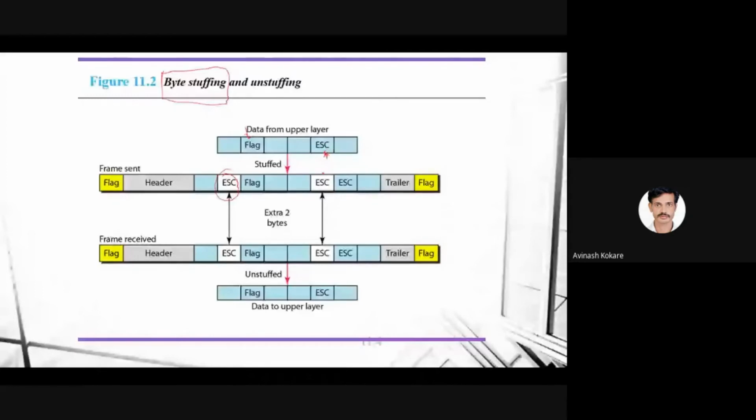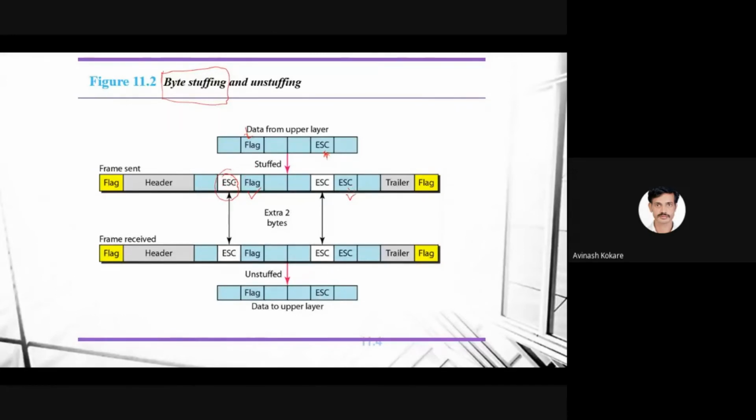Now what is the meaning of this escape character? This escape character will tell that this flag is a part of the data, and this escape is also a part of the data. Are you getting what I am saying? This flag is a part of data, and this escape is a part of data. Why is it so?